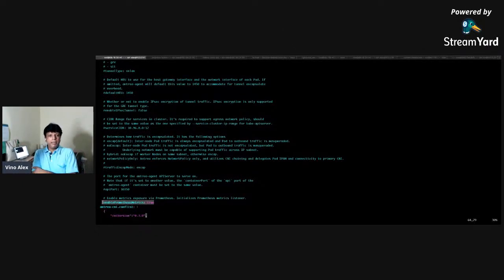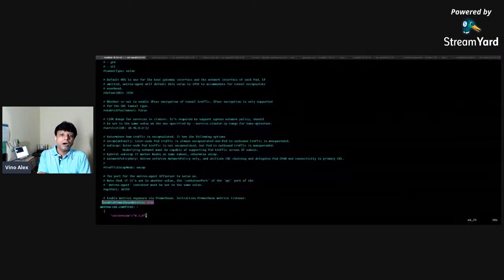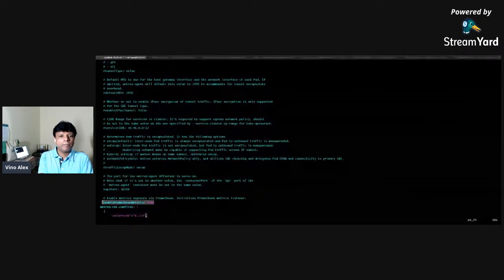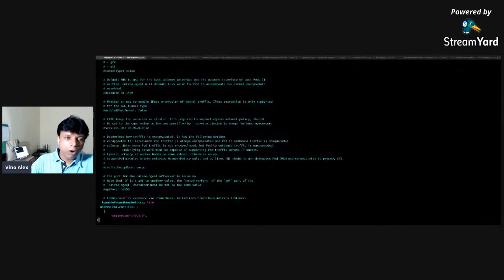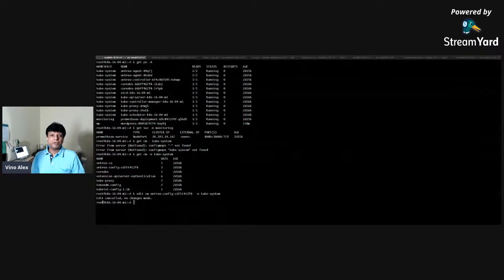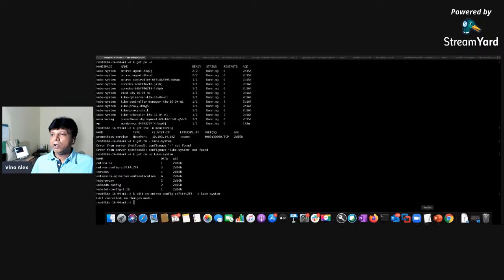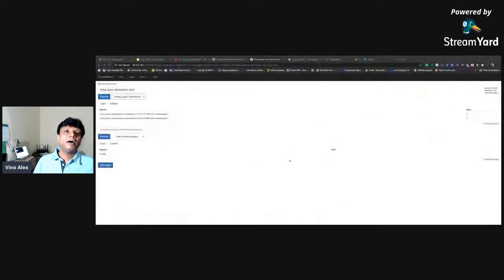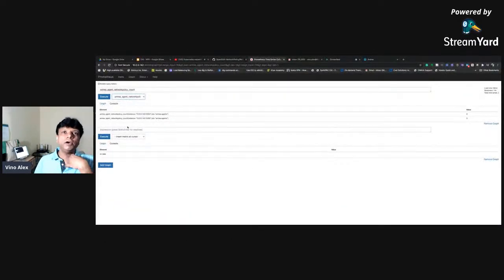By default, this parameter will be false. So all you need to do is go and uncomment it, edit it as true. That's it. Then you apply the Prometheus manifest file, and you are good to see all your network traffic over there. So this is very interesting, and this is very easy also, right? I highly encourage you to go and explore the Prometheus monitoring capability of the Antrea CNI project.